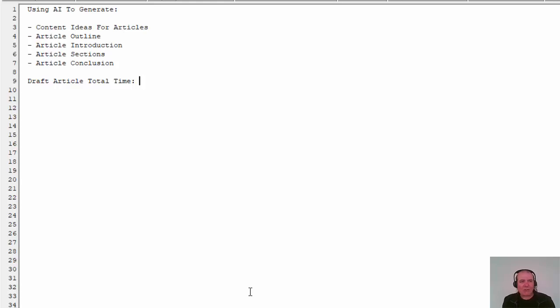So what we want to do with ChatGPT is use it to generate content ideas for articles, create an article outline, provide us with an article introduction, write the article sections, and generate an article conclusion. We're going to use all of this to create a draft article, and we're going to time it and see how long it takes to come up with a process.